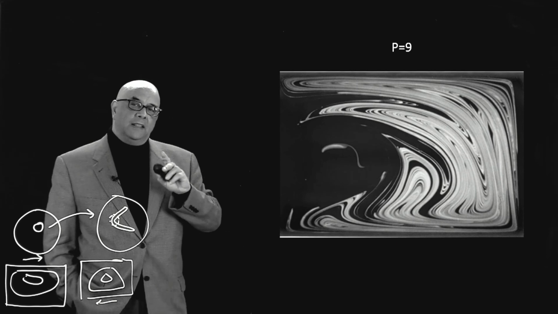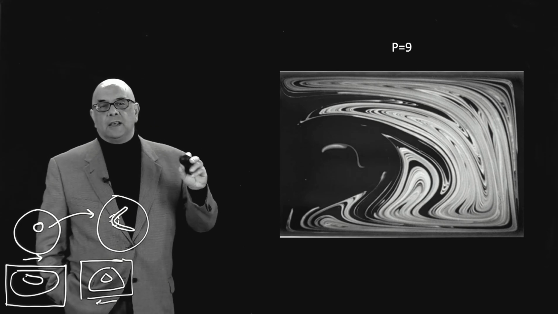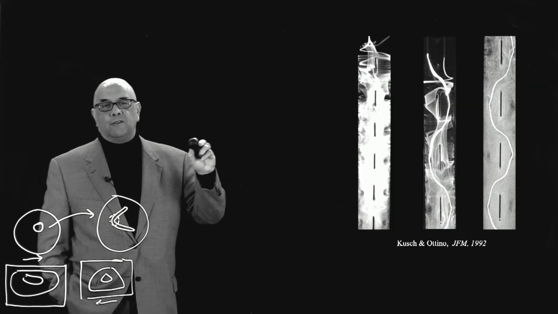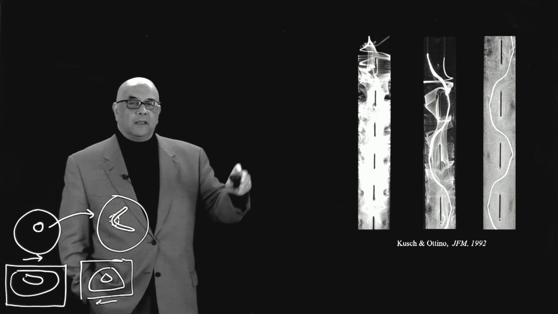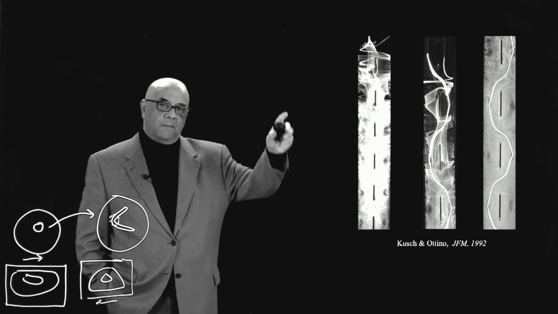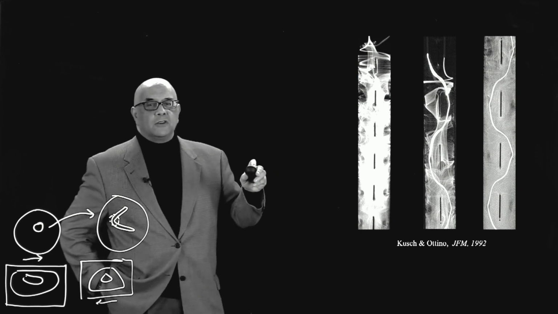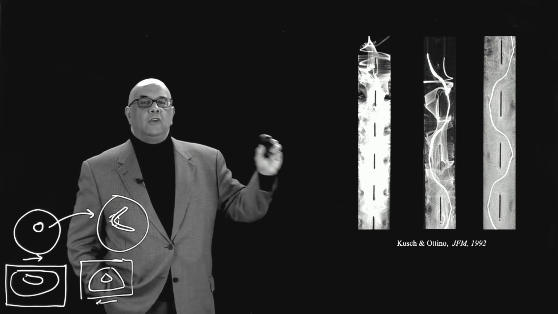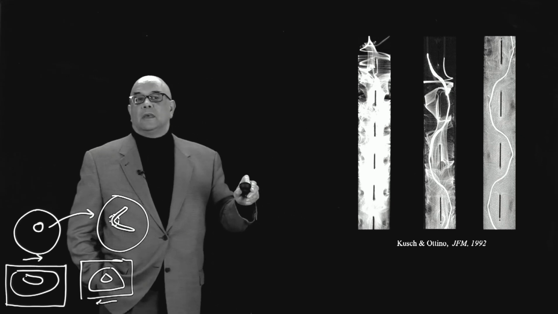So once you have done this for a time periodic flow, it's not hard to imagine how you can do it for a spatially periodic flow. And in here you have a flow which is spatially periodic. It has a series of obstructions and is the same everywhere. It's a series of obstructions that are periodic. And you can have initial conditions that mix. And if you're strategic about locating the other initial condition, you will see that you can make it stay within an island and it will not mix.